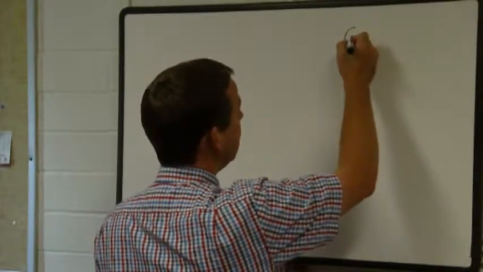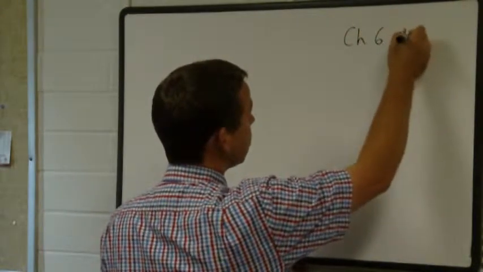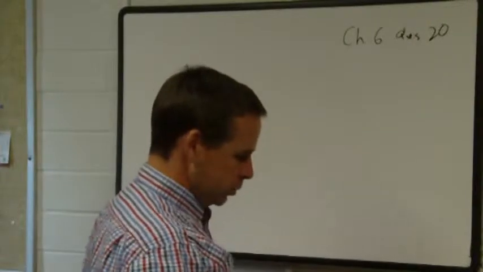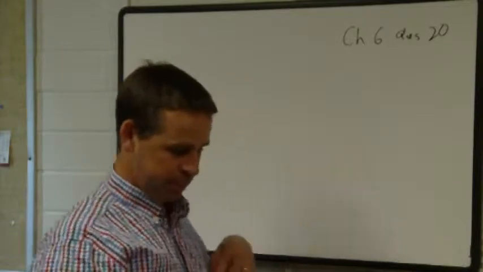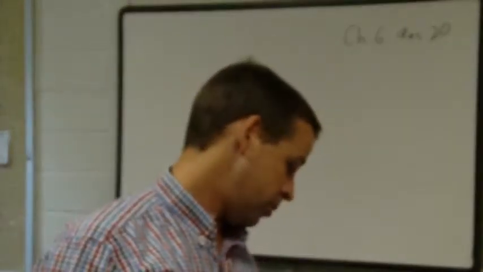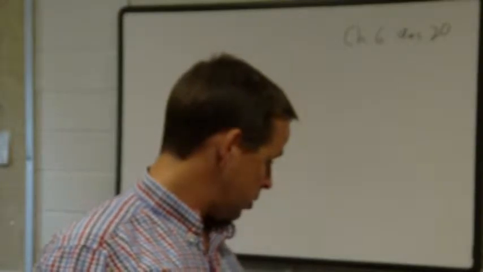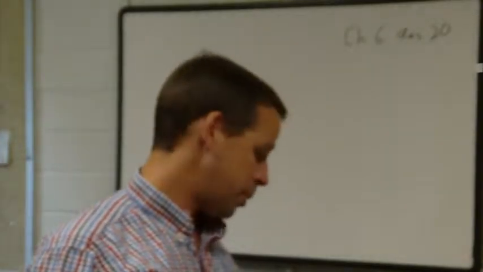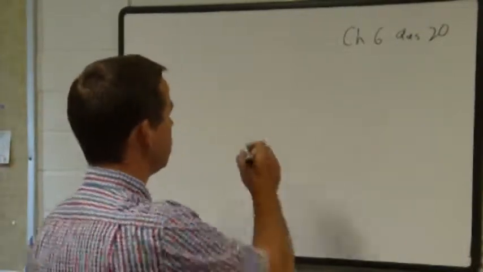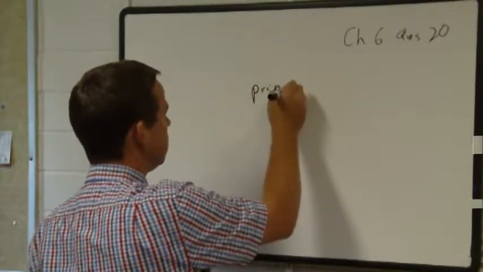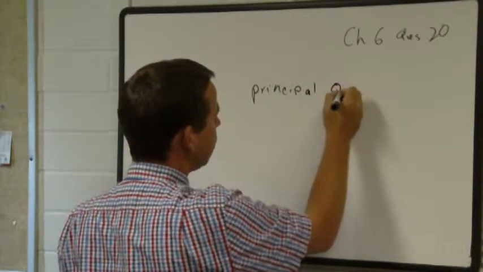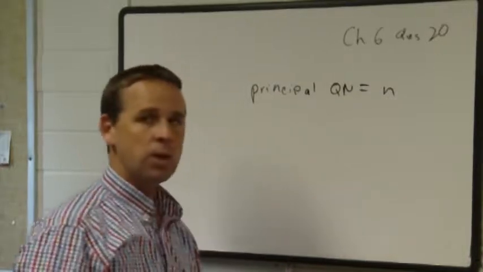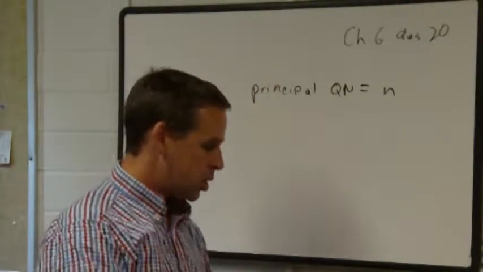Chapter 6, question 20. The largest principal quantum number in the ground state electron configuration of potassium. So we look at potassium on the periodic table, and we want to know the largest principal quantum number. The principal quantum number is n. All right, so the principal quantum number is n, and what is the largest n value